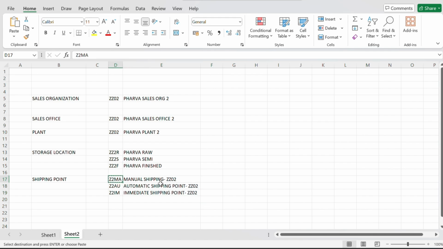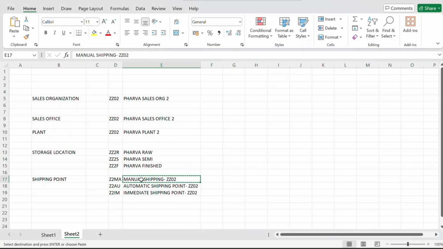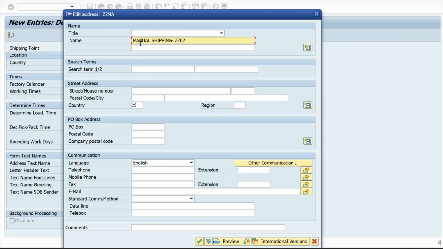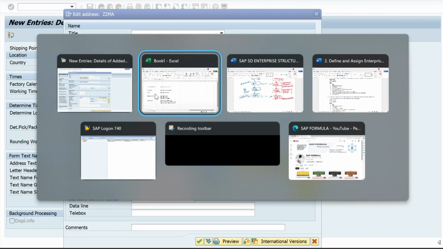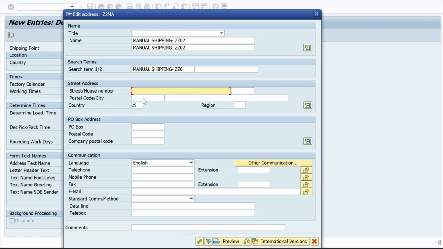So Z2, which will identify it is a Telangana plant. Control C, Control V, factory calendar 01. Now go to address tab. Like I told, give the name, give the search term, house and field. So this is situated where, in Gachibowli, right? The plant is in Gachibowli, so shipping point also should be in Gachibowli. So street you can give Gachibowli